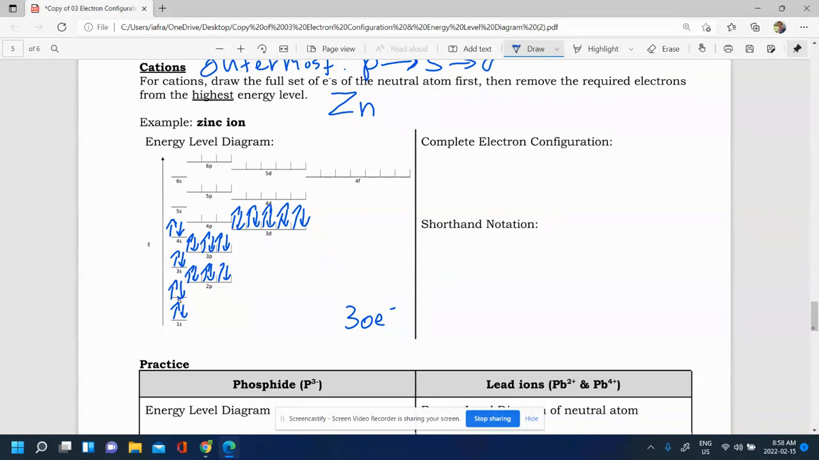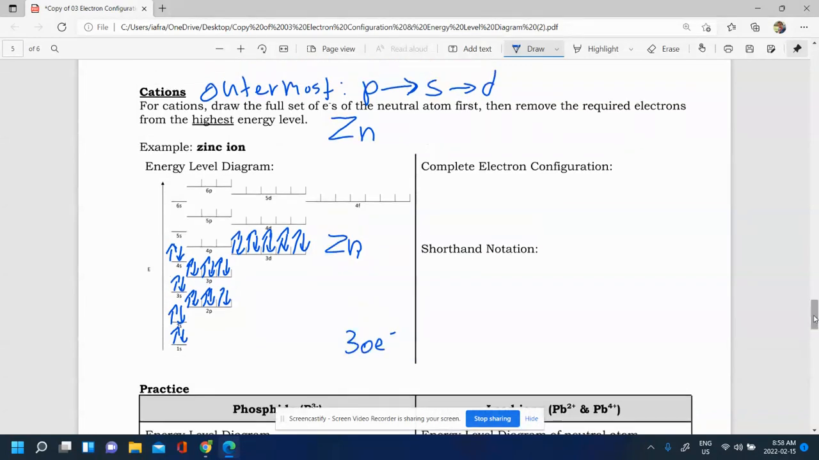Now, to make the zinc ion, we need to remove from the outermost shells. So the outermost shell or energy level is our 4s. I know 3d is higher in energy, but we're really looking at removing the electrons from the outer shell first. Those are the most accessible. So we're going to remove from there. And that's essentially all we need to do. Sometimes you can remove from the D if you need to, but we don't need to in this case because it's already full. So we're just going to remove the 2 electrons from the outermost shell, and that should give